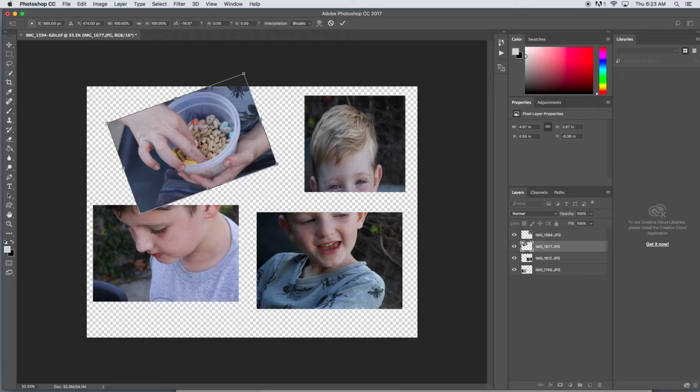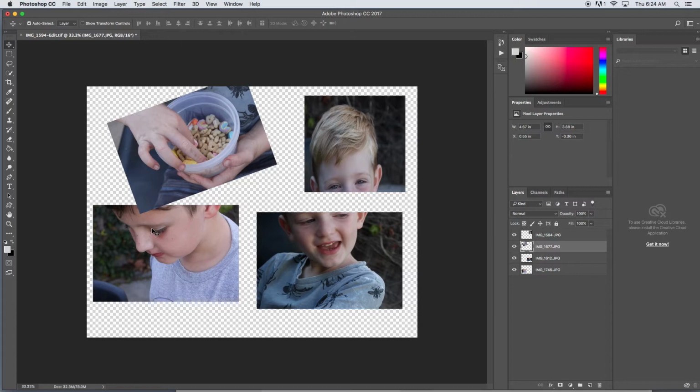So squashed and negative 20 degrees. Now, if I want to try and do something down here to these other photos, I can't because Photoshop still thinks I want to transform this. So we always have to hit return after we've made our transformation. Okay. Next thing we're going to do is rotate the photo